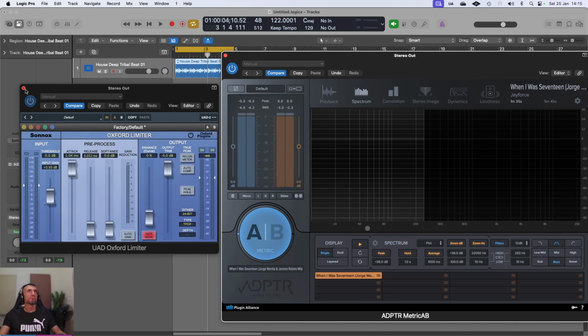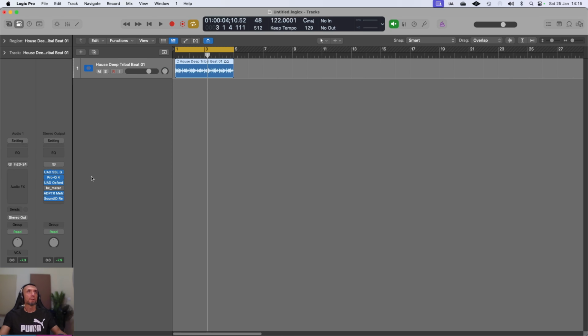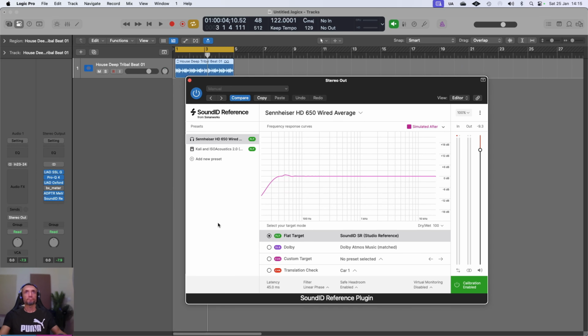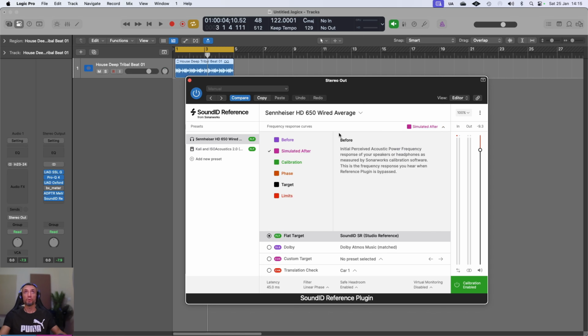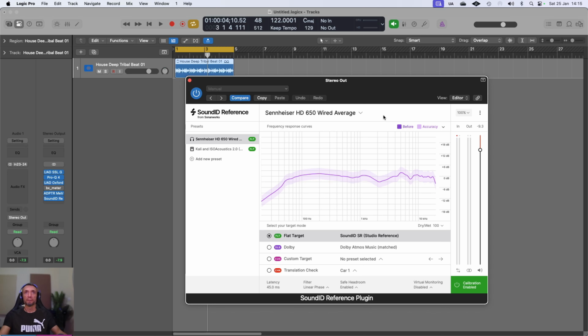So let's have a look at the final plugin, which is this one here. If you're going to be mixing on headphones, then this plugin is, again, very, very helpful and very useful. So what we have is a plot here of the headphones that I'm currently using, Sennheiser HD 650s, and these are considered a flat frequency response headphone. And what that means is across the entire range of frequencies, you can see that there is very little change